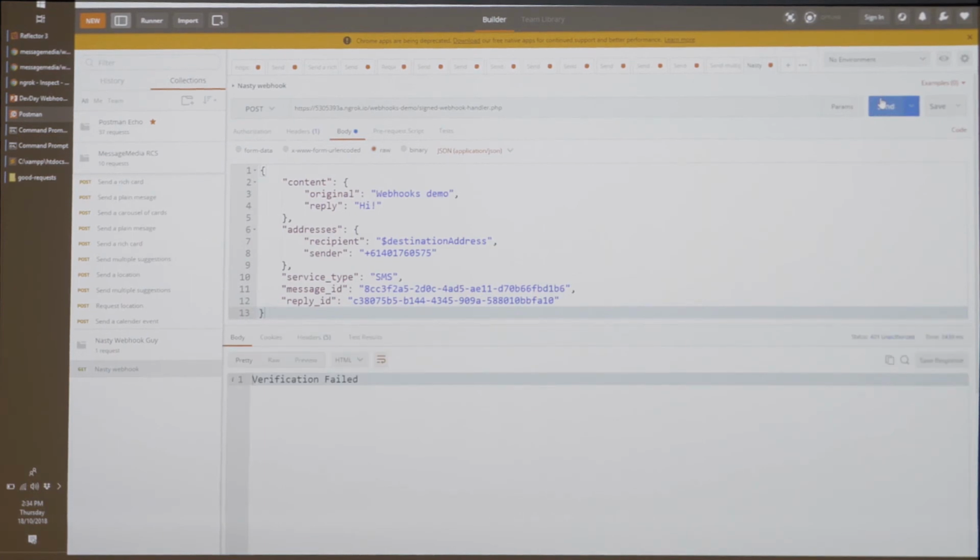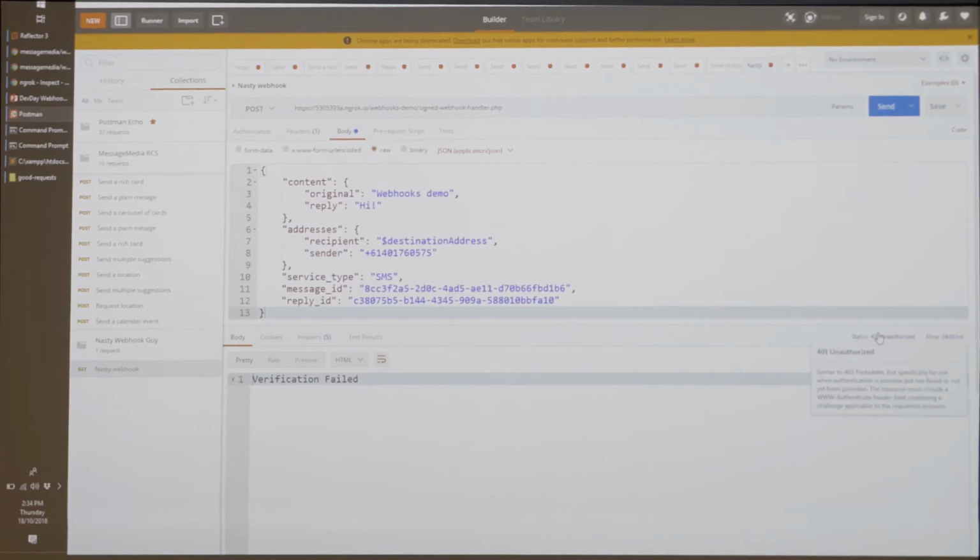Verification failed. Awesome. So it's checked the signature didn't match. In this case, there was no signature to match with. But in any case, if the signature was wrong, or if the timestamp was wrong, or the content was different, then we'd see that same result as well. We can also see in really tiny font just there, the 401 unauthorized, which is the response that our script